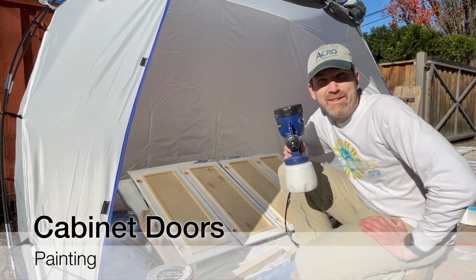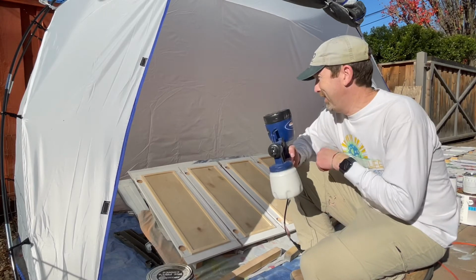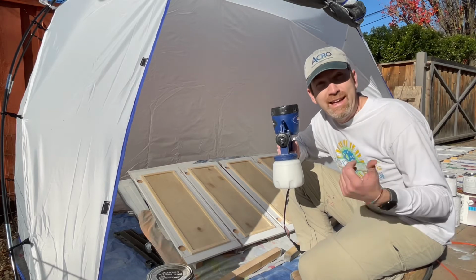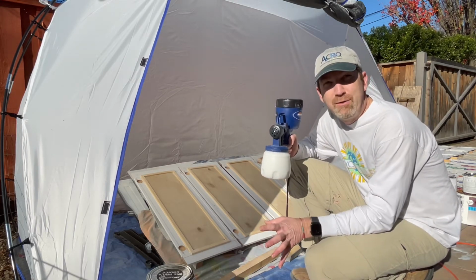I'm finally on to painting my cabinets, and yes, excited. So this is the last step for the cabinets prior to installing obviously the hardware I've got to put on, and then I get to put them up. I had to wait till it was a little bit of a nicer day because I got to lay them all out,